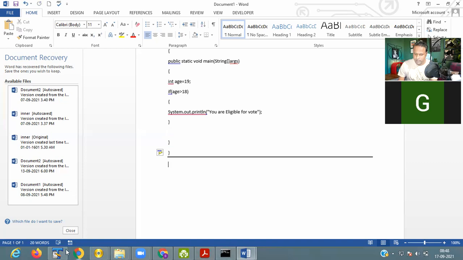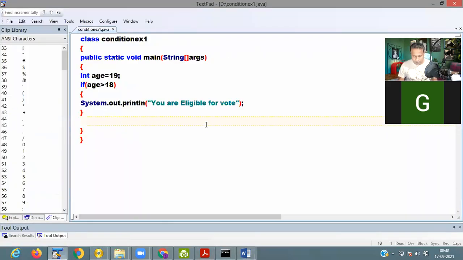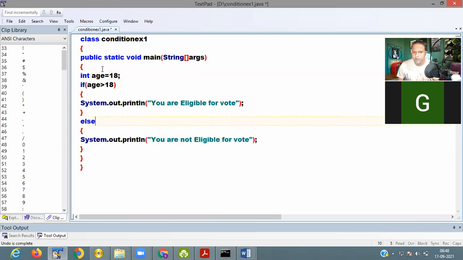If your condition is false, suppose I pass 17, which is not greater than 18, then the if block will not execute and the else block will execute.